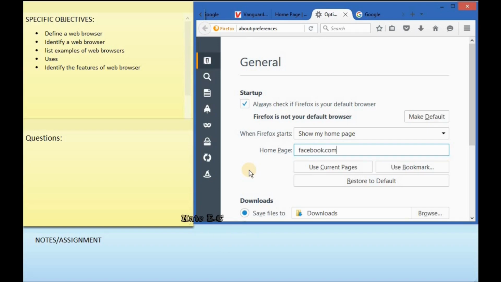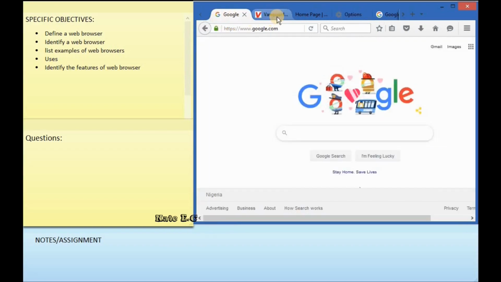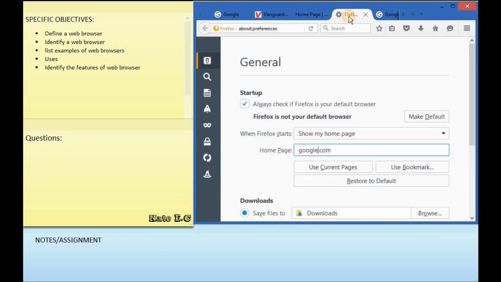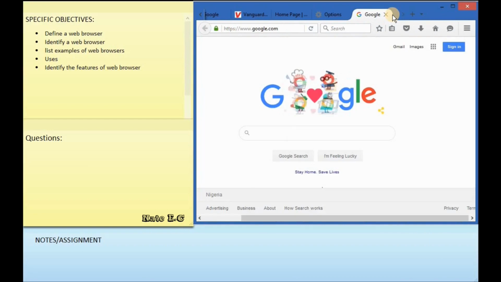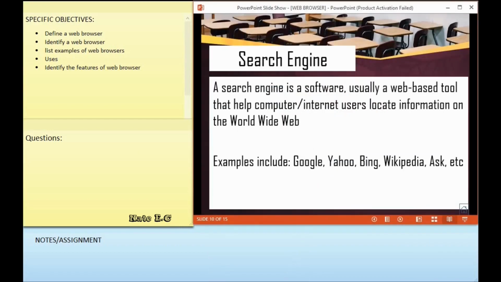All right, so that's it. I'll have to change this to Google because that's what I want to use. All right, now you can see the number of tabs open here. Like I told you, you have about 5 tabs open there. All right, so that being said, let's proceed